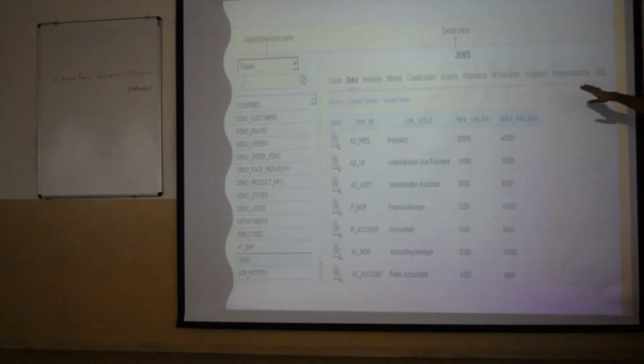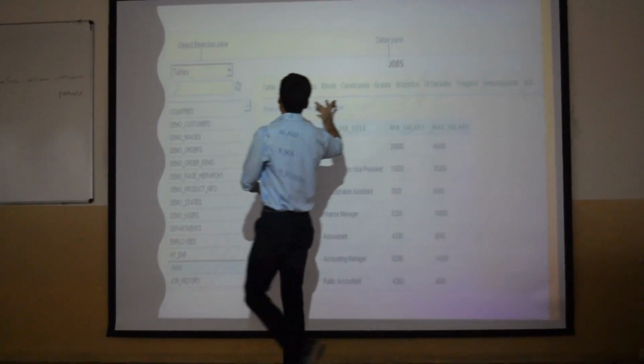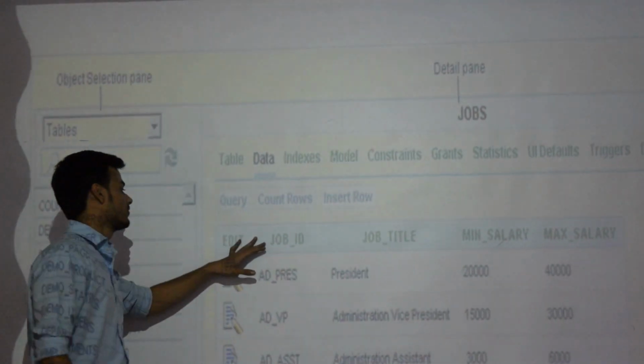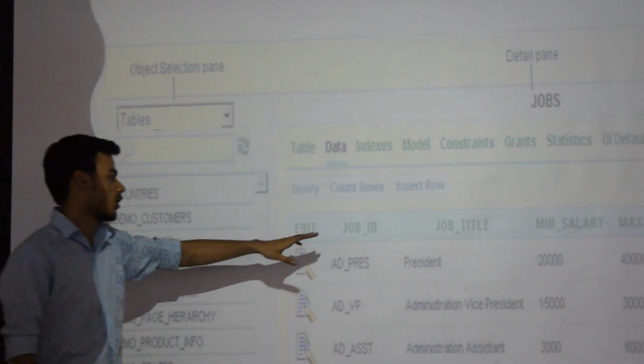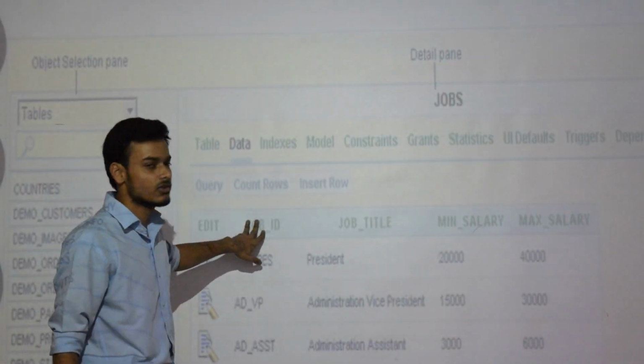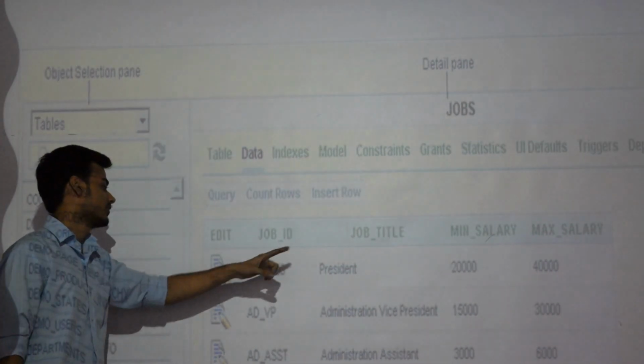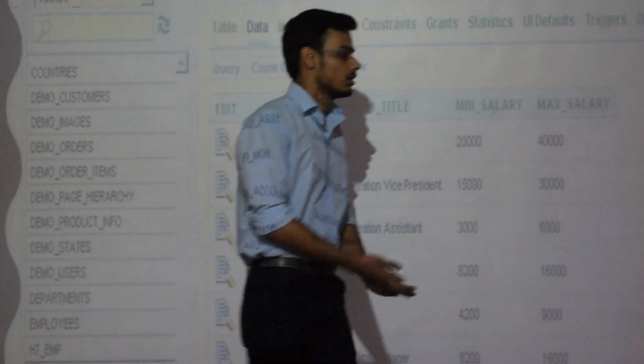Now this is an example of a database table. For example, this one is for jobs, but it would have been for the username login table. This column is for username, this one is for password, and we had entered one row of values like username and password.